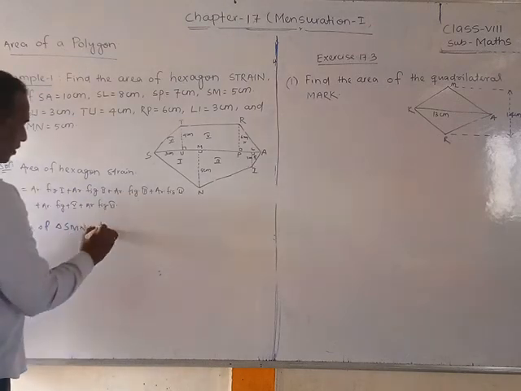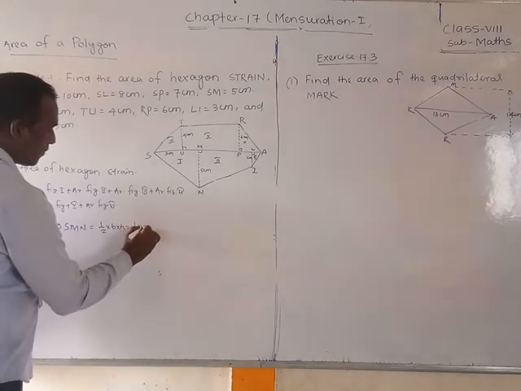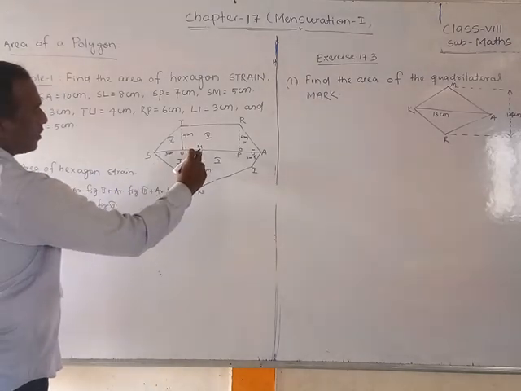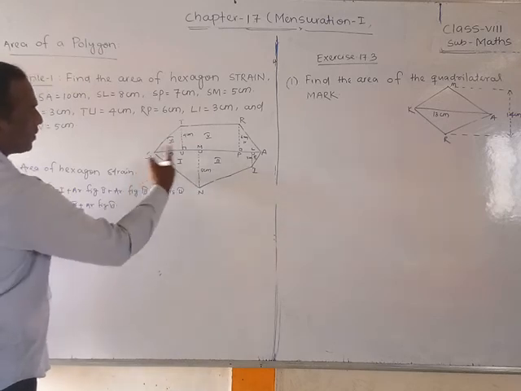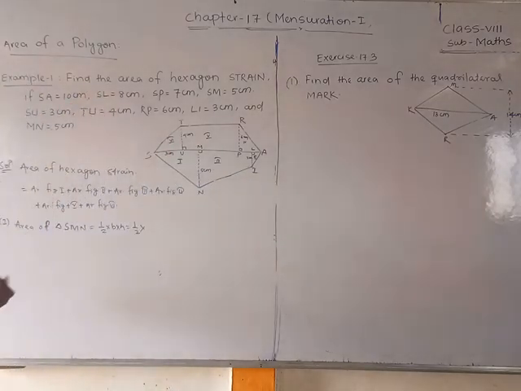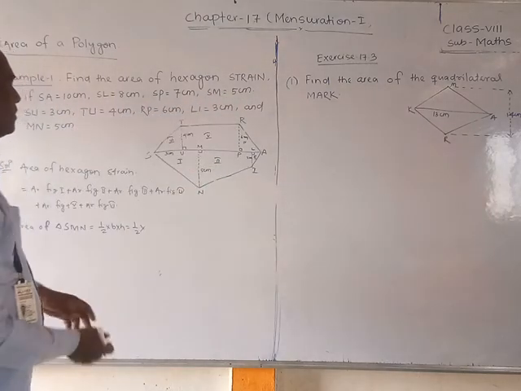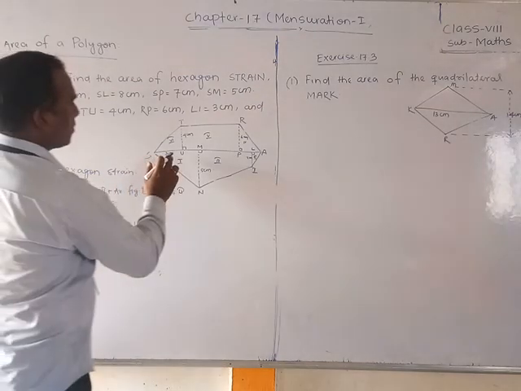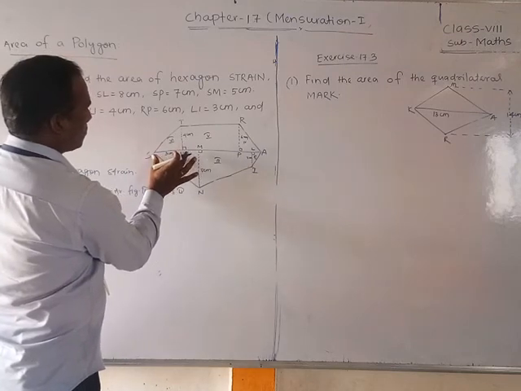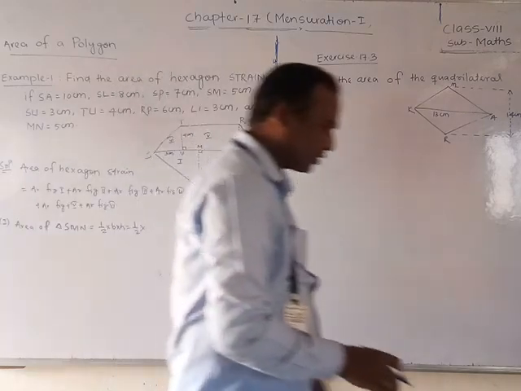Area of triangle is equal to half into base into height. Half into base, means this one, or this one if you take, this is height. Now how much is this from here to here, SM? You can check how much SM is there. Say SM 5 centimeter. Total here to this is 3 centimeter, but here it is given that 3 centimeters, I have written.